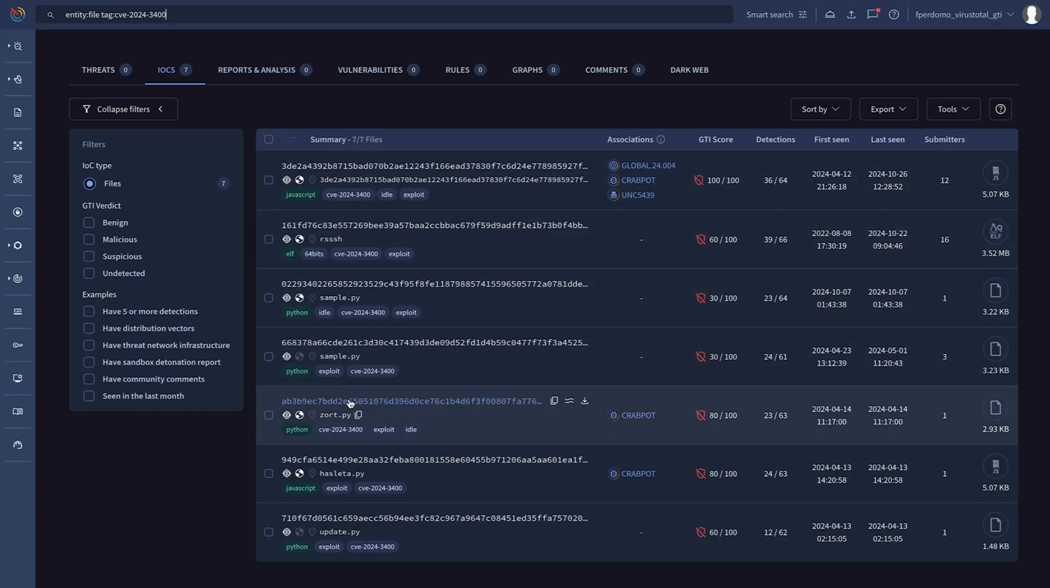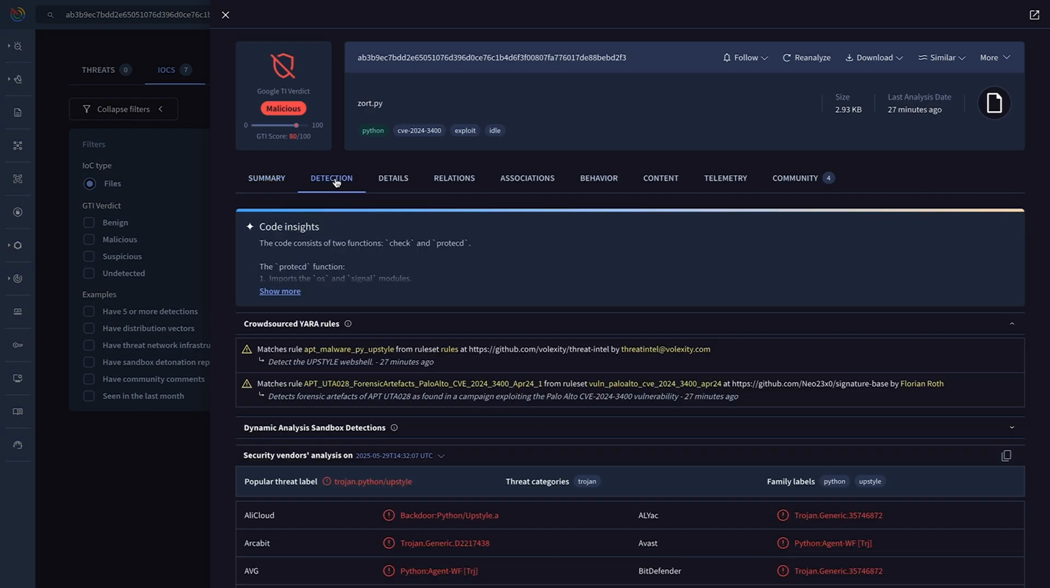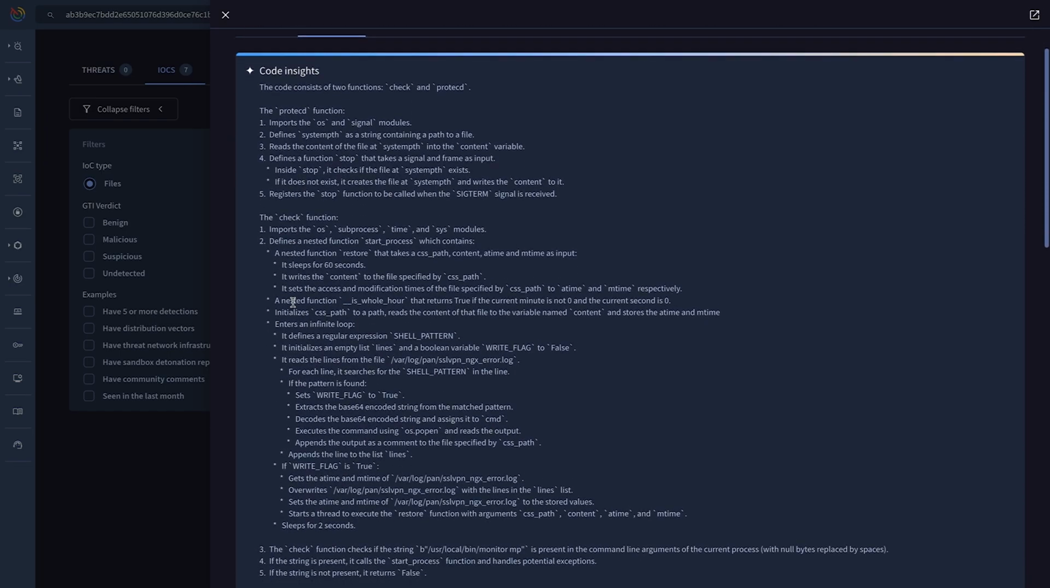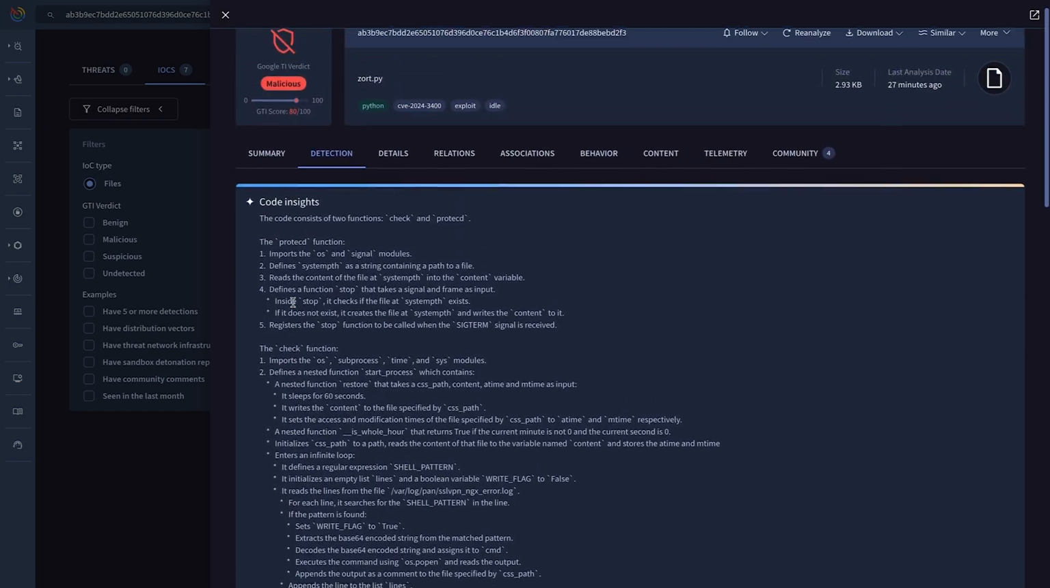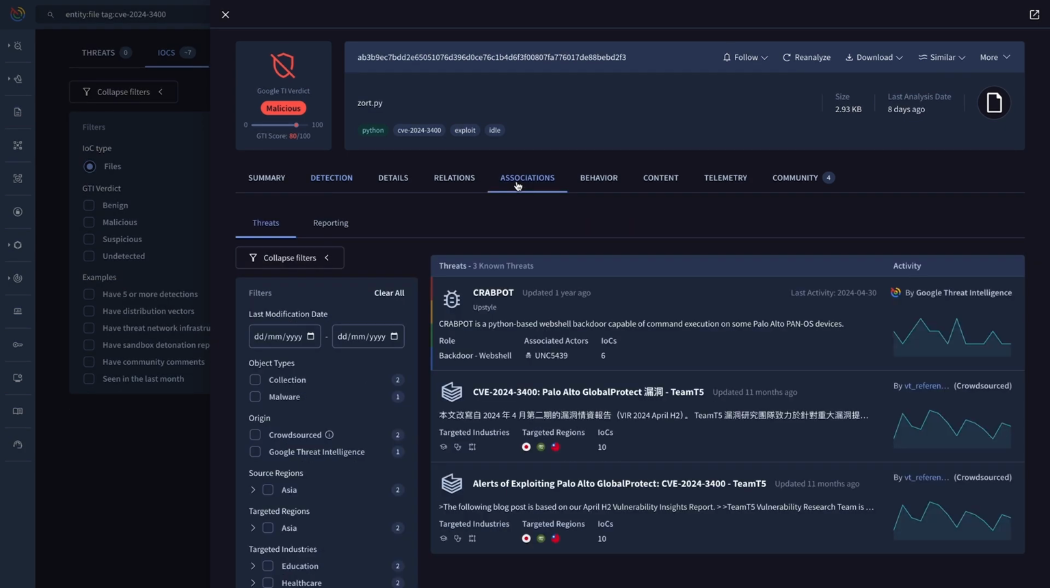By clicking on a file, we can get the full report to understand it more in depth. The Detections tab contains Yara rules detecting this file and a Code Insights summary to understand the functionality of the code. In the Associations tab, we can see that the vulnerability was associated with a malware called CrapBot and 2